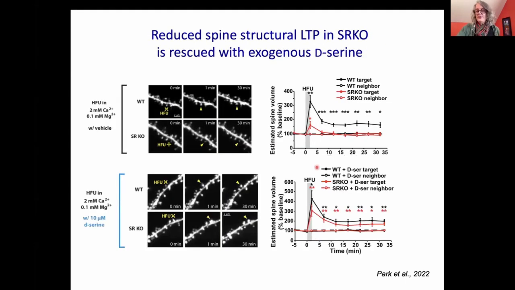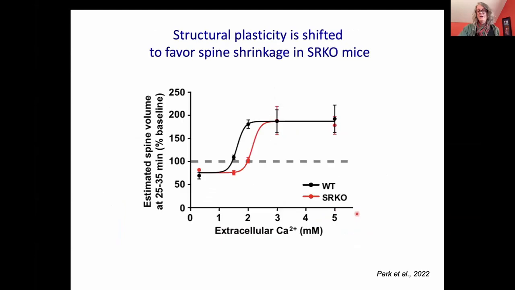And I just have two slides showing that indeed in the serine racemase knockout, a stimulus that usually leads to growth, long-term growth, doesn't in the knockout. And we can rescue that by adding D-serine back. So it's not some long-term synaptic wiring change. And that, yes, indeed, there's a shift in the serine racemase knockout from the wild type that continues spine shrinkage for longer, so that they're predisposed to shrink for more types of stimuli. So they have a disposition